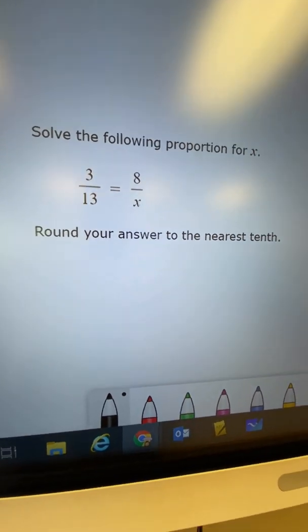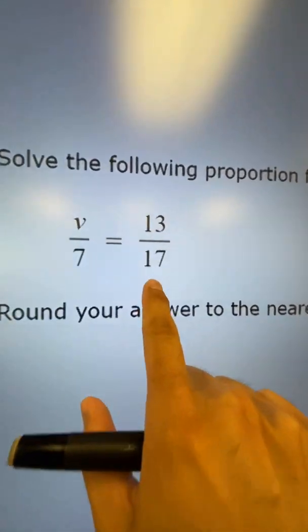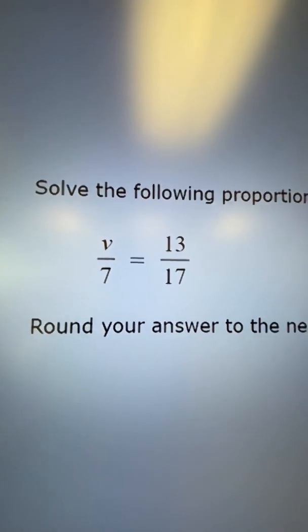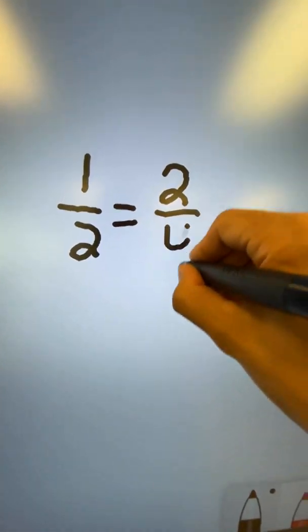So I'm going to show you two examples. We're going to show you how to solve a proportion like this where the variable is on the bottom, and a proportion like this where the variable is up top. But both methods are pretty much going to be the same thing. But first, I want to show you an example of what I'm going to use to solve those problems,